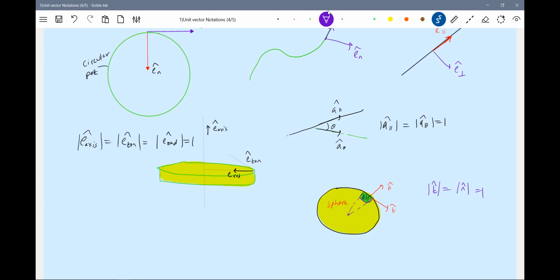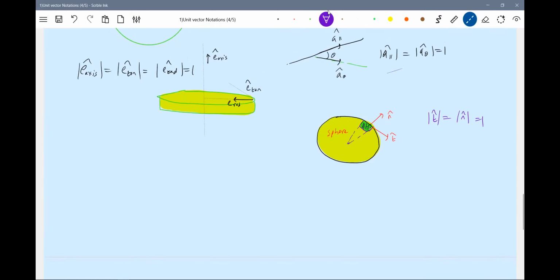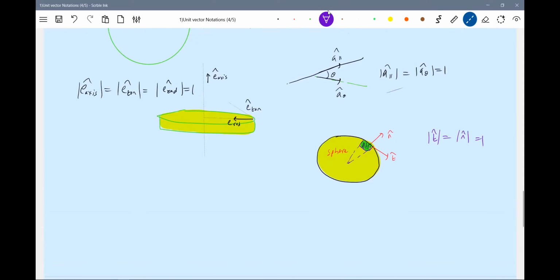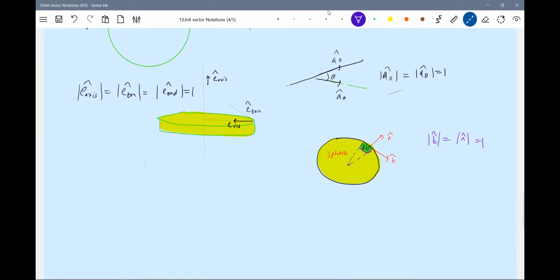So unit vectors need not always be i cap, j cap. i cap, j cap should be along the x, y, z axes. Similarly, for a rectangular coordinate system, let me scribble here. This is the y-axis, this is the minus y-axis, plus x-axis, minus x-axis, plus z-axis, minus z-axis. The unit vector directed along the positive x-axis is i cap.